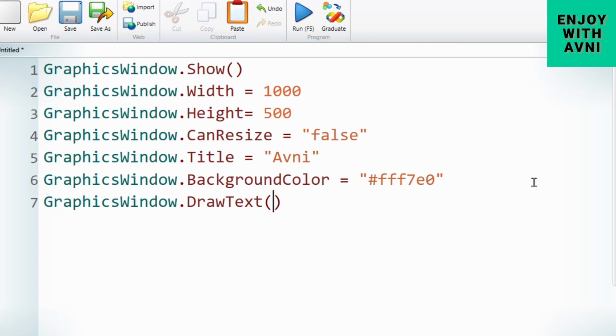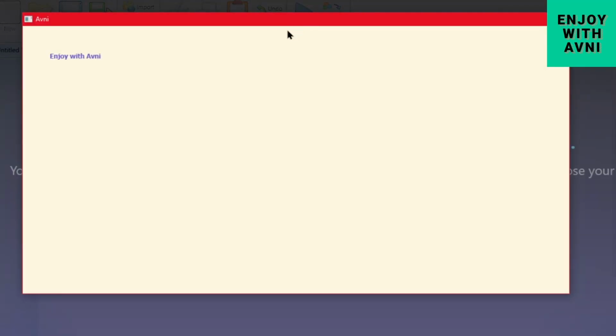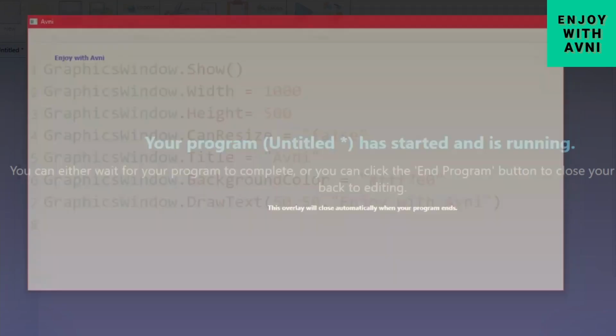Suppose here I write 50 and 50, and the text we put in inverted commas. Here we can write "enjoy with Avni". Let's run it. Now see, the font size is too small.